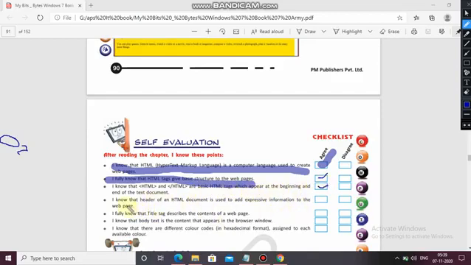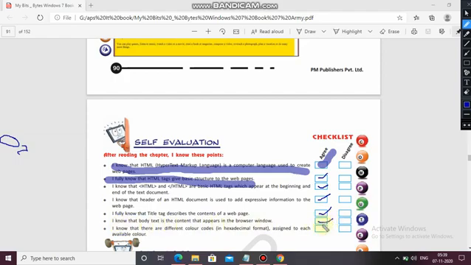True. I know that the header of an HTML document is used to add descriptive information to the web pages. Yes, this is also agreeable. I fully know that the title tag describes the contents of a web page. I know that body text is the content that appears in a browser window.